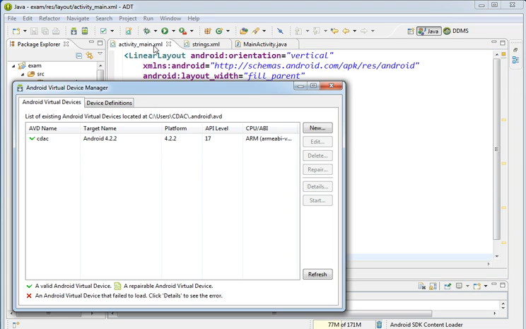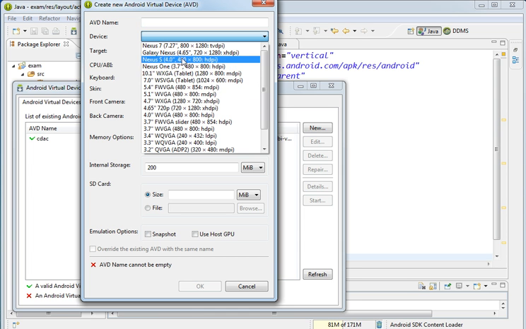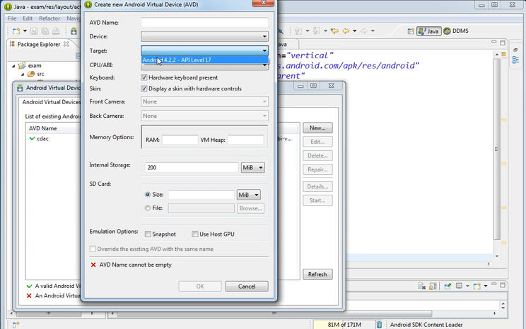So click on this. Now by using the new tab you can create your Android device. So you can write your AVD name as you want. Now you can select any of the device from this. You can write target as API level 17. Now CPU you can have. Now you can choose your memory options